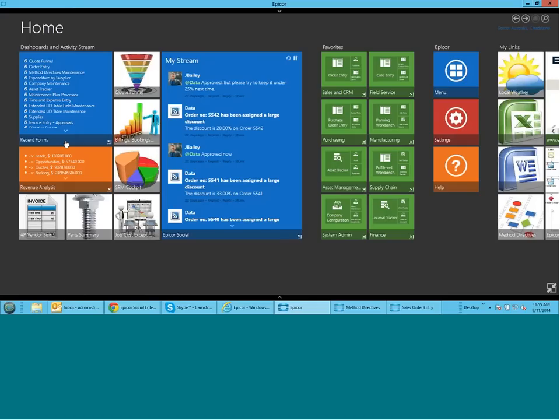So it allows me to go to lunch, come back, and very quickly launch the screens that I was using prior to going to lunch. But I can also have links to other Epicor forms or Epicor reports. It might be certain PDF documents or important documents that I want quick access to. I can add that to my home page as well. Or it might be applications such as Word and Excel that I use frequently and I want easy access there. Or it could be websites, URLs, links to websites that I use frequently can also be attached there, as well